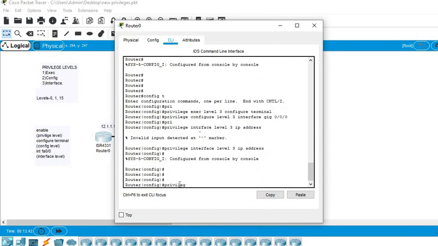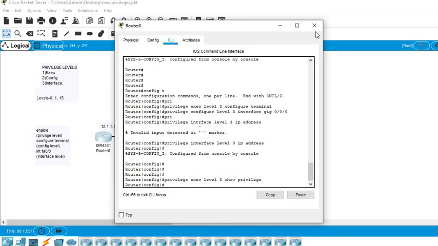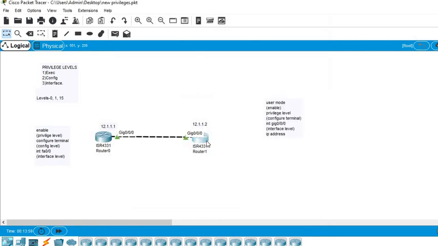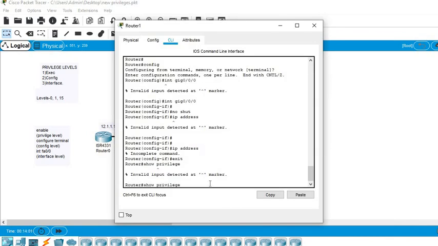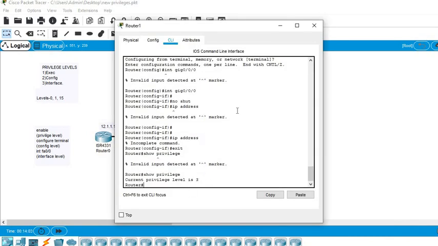So I have to type privilege exec level 3, then the command show privilege. Now the person can use that command. You can see your privilege is 3, the privilege level of the person named Alex. This is the way privilege levels work, and it is as simple as that.